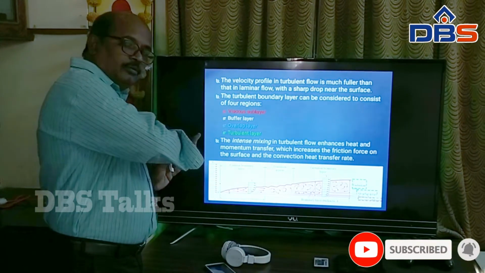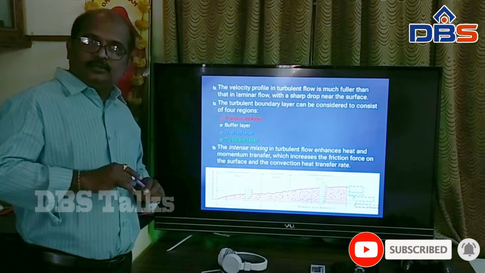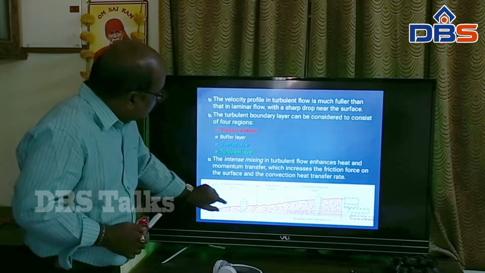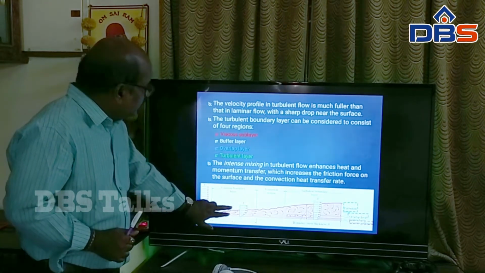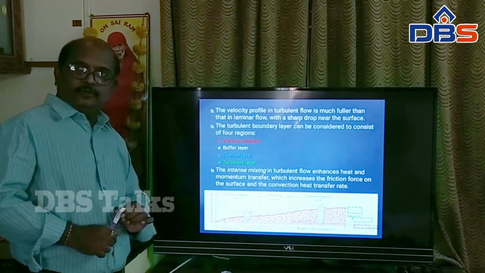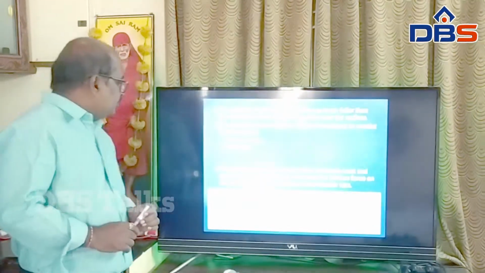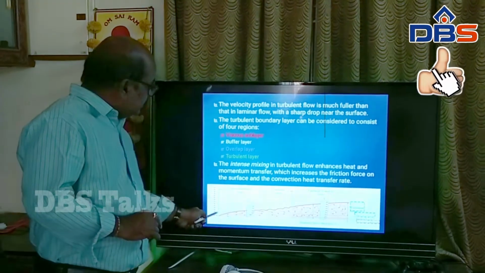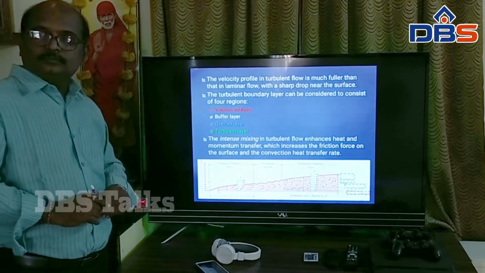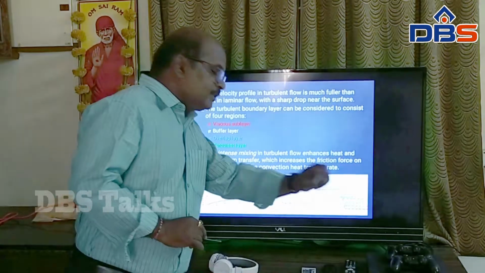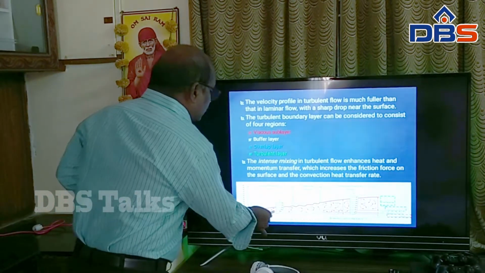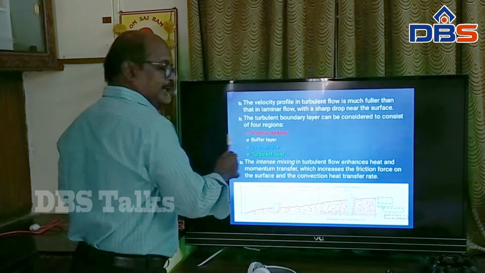Due to the flow over a plate, what happens is a boundary layer takes place. Okay. So here we find there is a boundary layer flow and there is an outside the boundary layer flow. So due to the boundary layer, where the fluid touches the plate, the velocity becomes zero. And at the surface of the plate, the entire surface of the plate, the velocity is zero. And slowly the velocity increases from the plate.